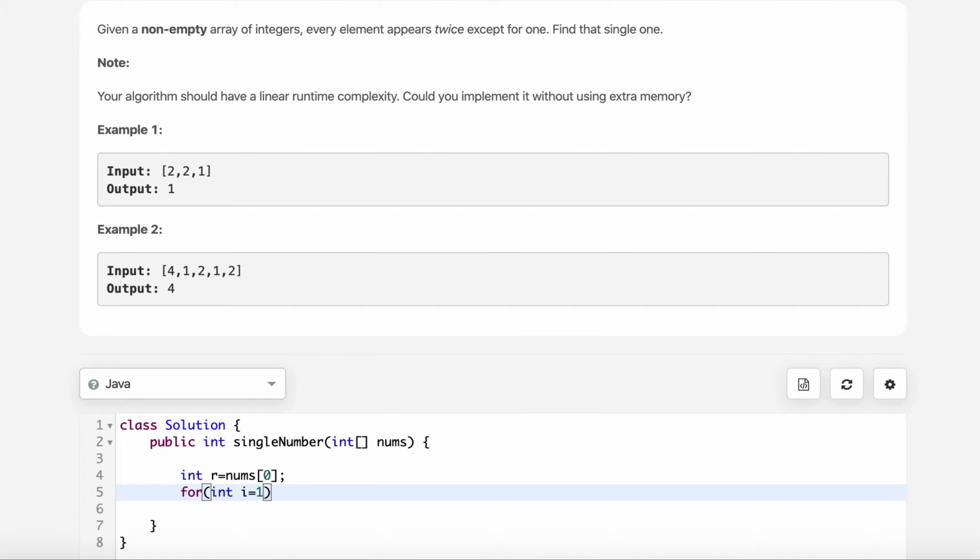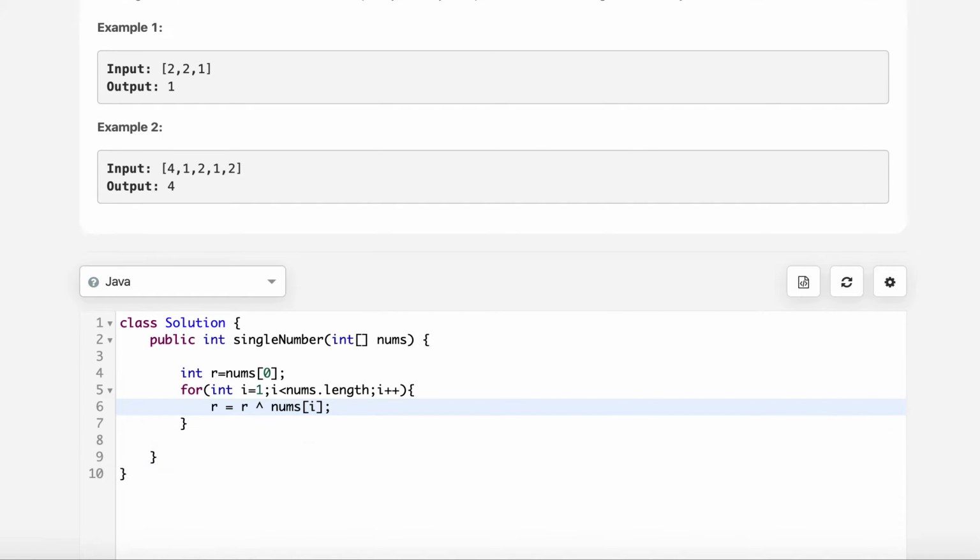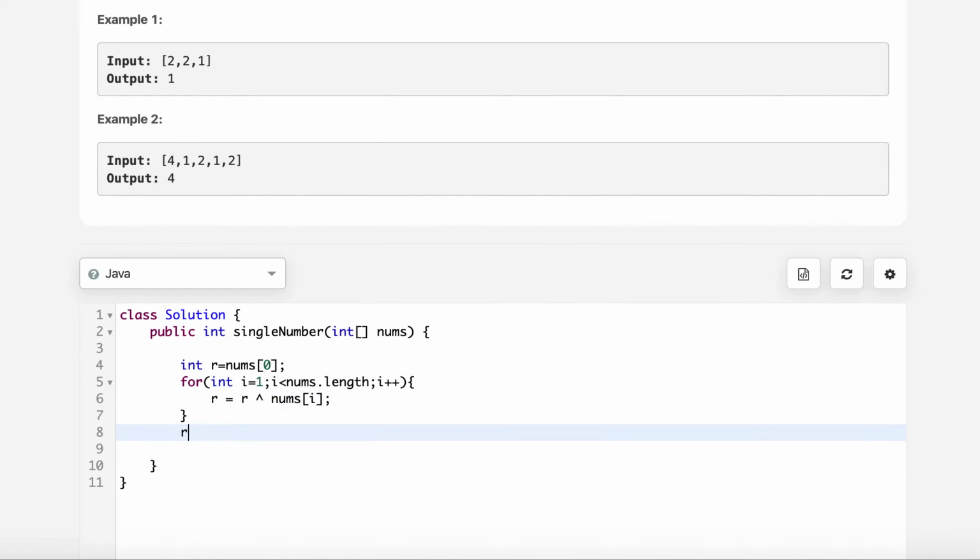This trick can come in very handy and solve a lot of questions for you. Simply I will XOR it, and finally I will just return the result. Correct.